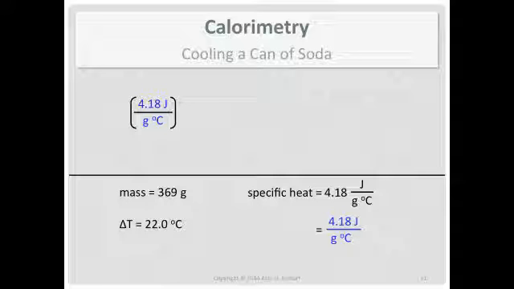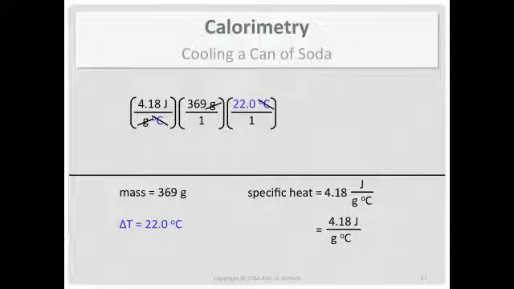Now we multiply and divide, make our units work out. That 4.18 joules per gram degree Celsius is not a formula. You do not plug it into that. You multiply and divide, unit analysis, to get your units to work. I'll multiply by the mass first. Cancels my gram units. I'll multiply by the temperature change. Cancels temperature units. And then we've got the joule to kilojoule problem. So there's my conversion to go from joules to kilojoules.